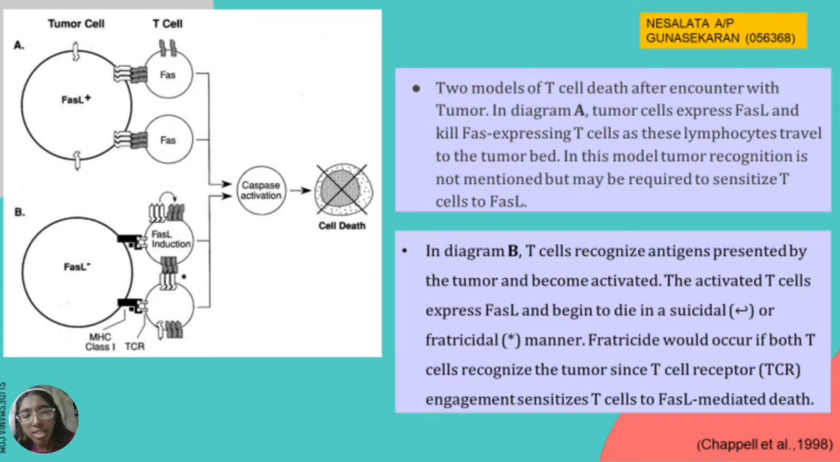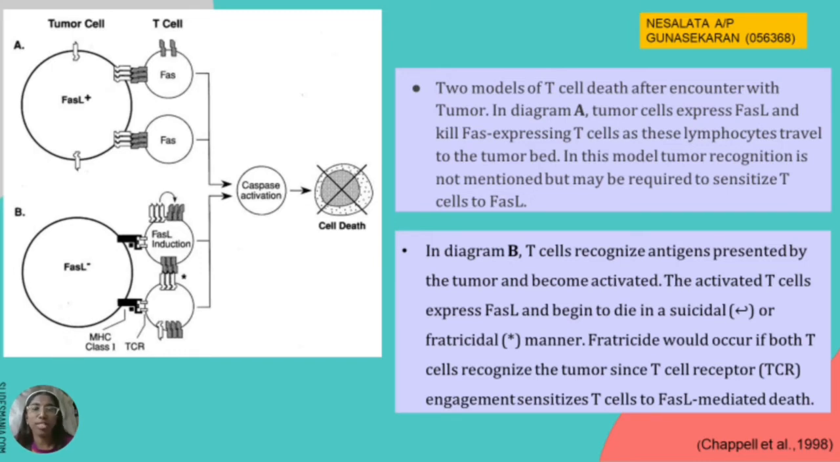FAS ligand on this T cell will go bind to the FAS receptor on another T cell. So instead of killing itself only, it kills another T cell together. It is fratricide, and it's symbolized by this asterisk sign, and it dies by caspase activation and apoptosis. So this is how lymphocyte